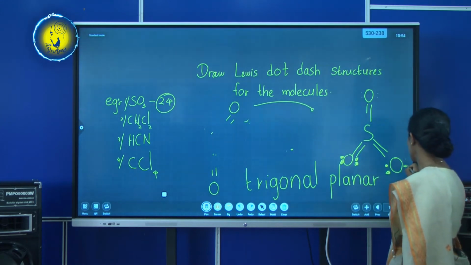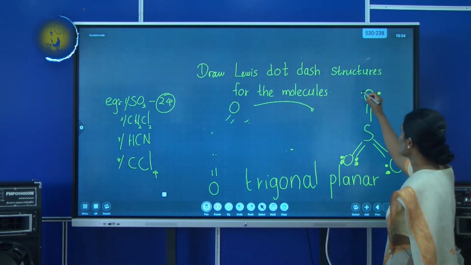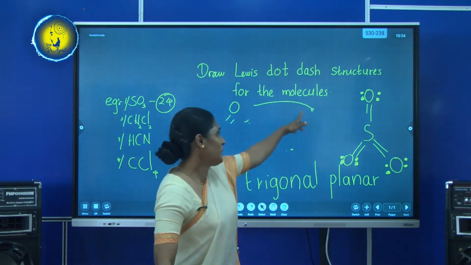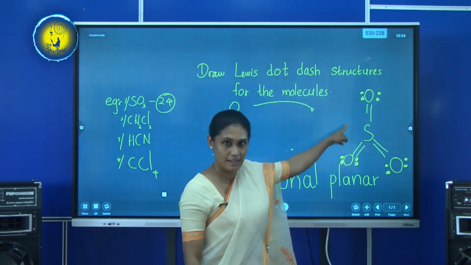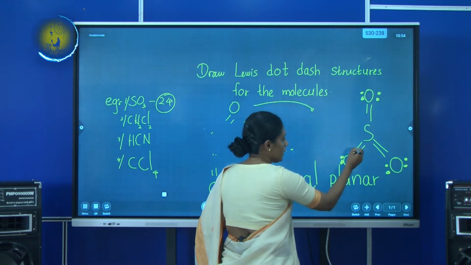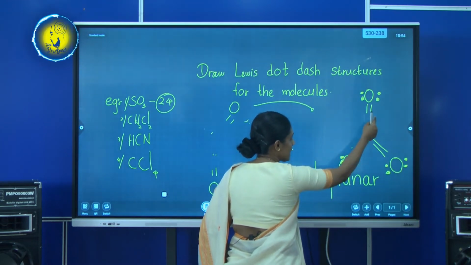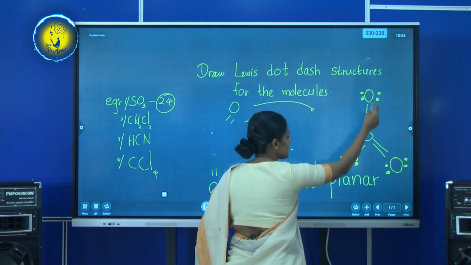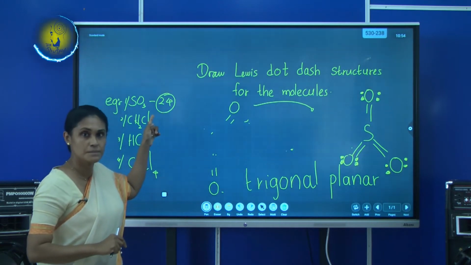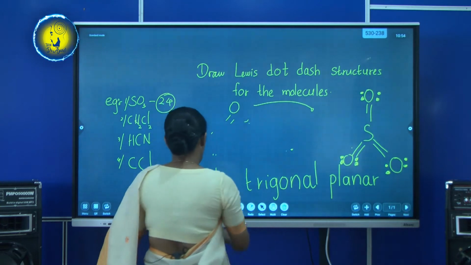I hope you can see the dots well now. I'm sorry, I think that I'm in a class with you. I forget that you are far from me. Anyway, hope you can see this well. Let's count it again. Here you have double bonding, 2 electrons, 2 electrons. So 2, 4, 6, 8, 10, 12, 14, 16, 18, 20, 22, 24. See the count? Then you can be happy because you drew the right diagram.